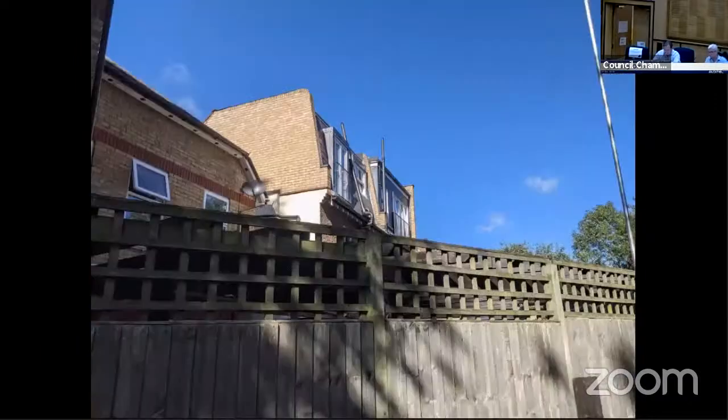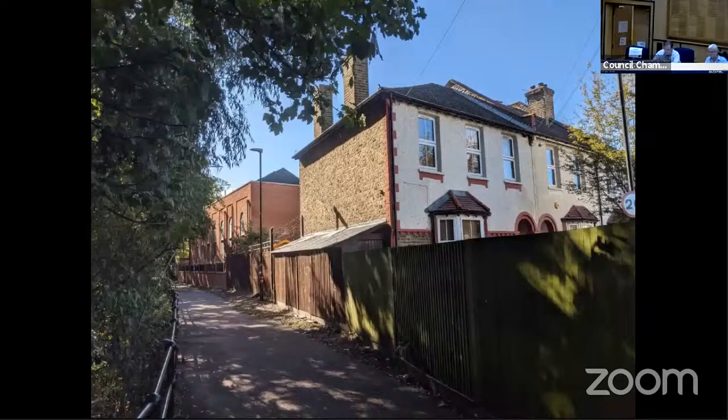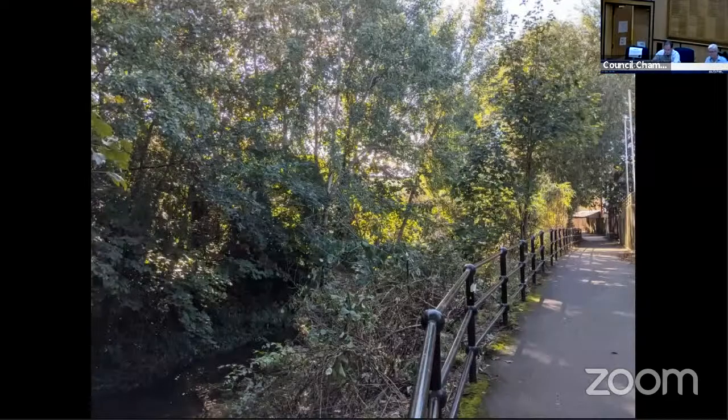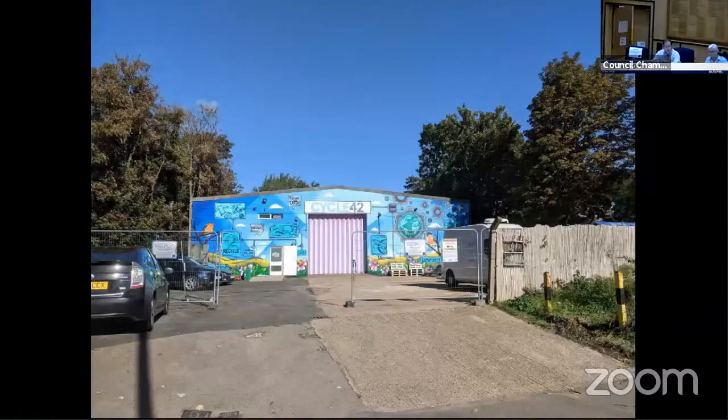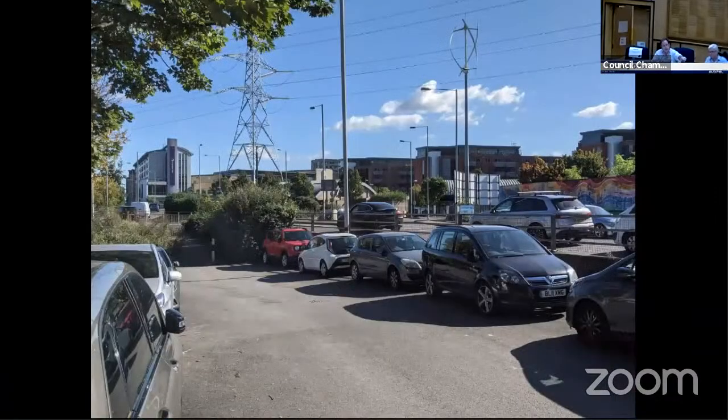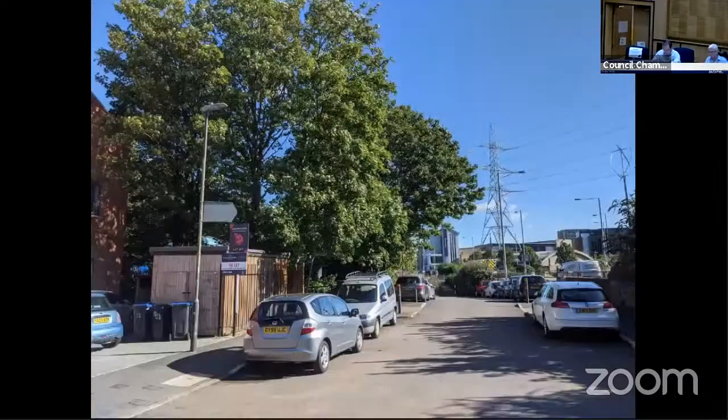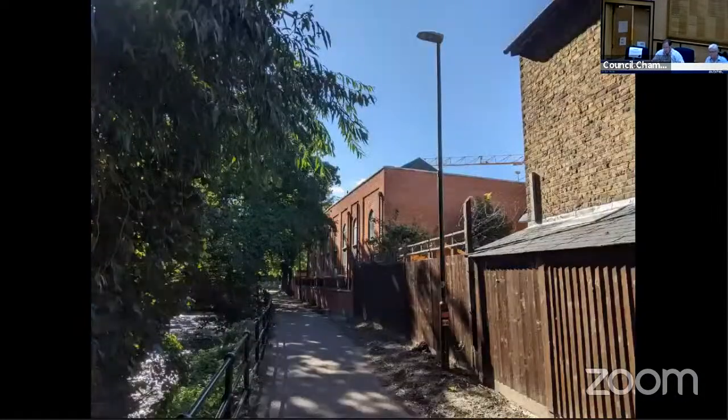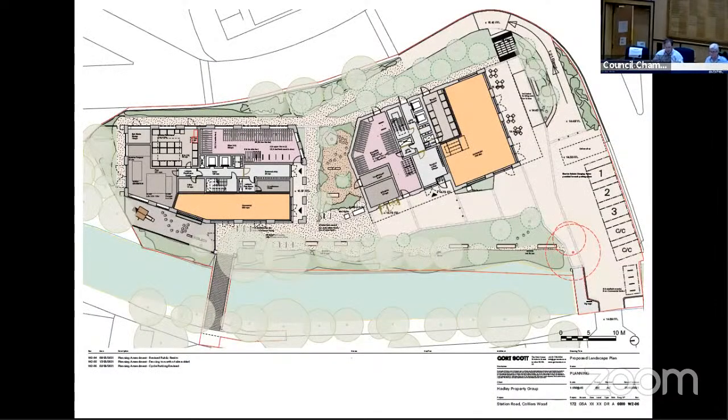The design achieves a 90% carbon reduction for the residential element, 56% on the commercial. The development is all electric and would utilize air source heat pumps and PV paneling. You can see the PV that would be provided on the roof there. Any remaining would be met by an offset contribution of carbon secured through Section 106.